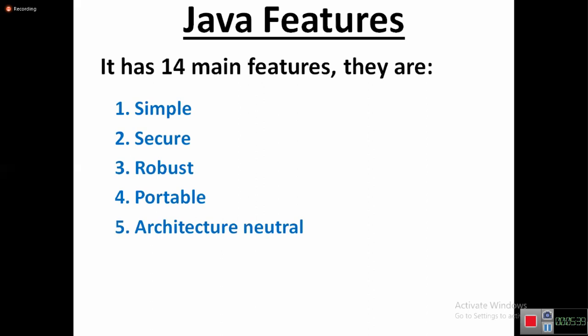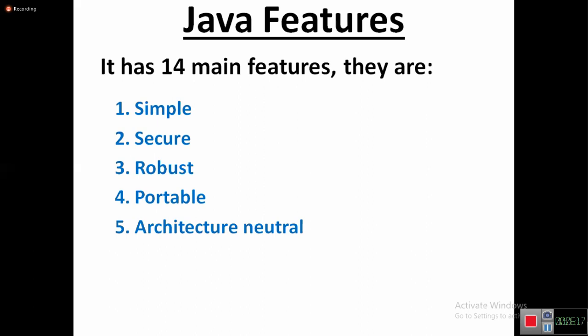And next, architectural neutral. What is the meaning of architectural neutral? It means that if you change the computer, today we have some architecture like a 16-bit processor, a 500 GB or 100 GB hard disk, 2 GB or 4 GB RAM, and Windows operating system. Suddenly after 1 year or 2 years the architecture changes. You change the architecture however you like, any hardware or software device, no need to bother. A Java program will execute, no need to worry. That's why it's called architectural neutral.